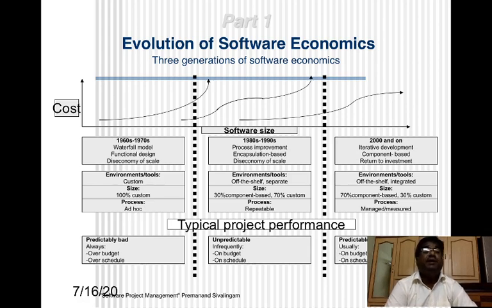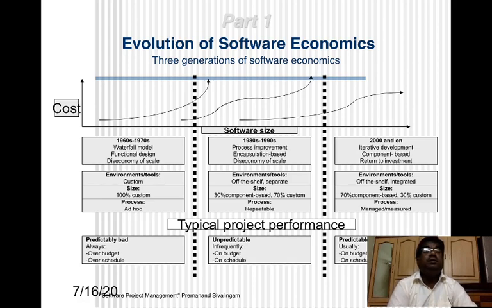During this period, the software projects are built with 100% customization. All software work is done with customization. Every piece of code written by the software development team, 100%, is called customization, and the process is called ad hoc. And the models which were used in that period are known as the waterfall model, functional design,